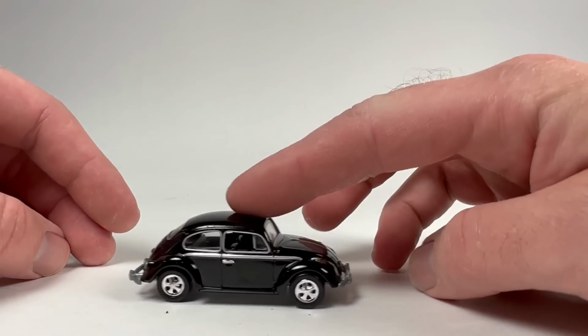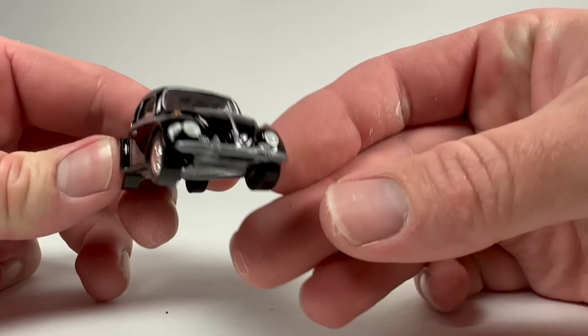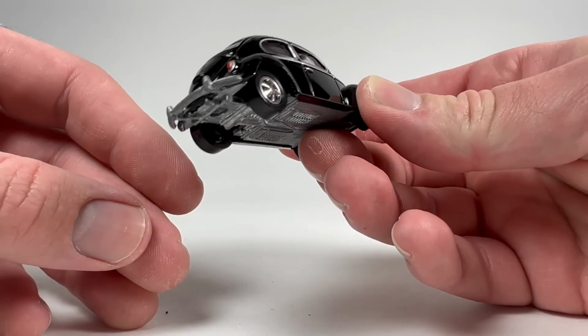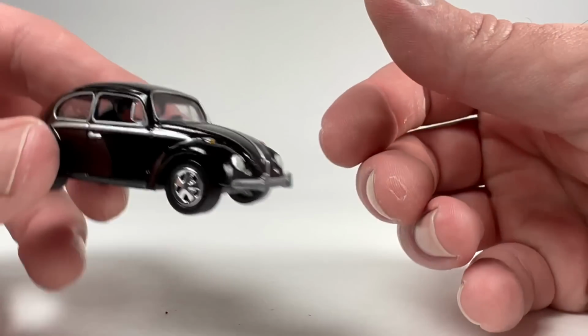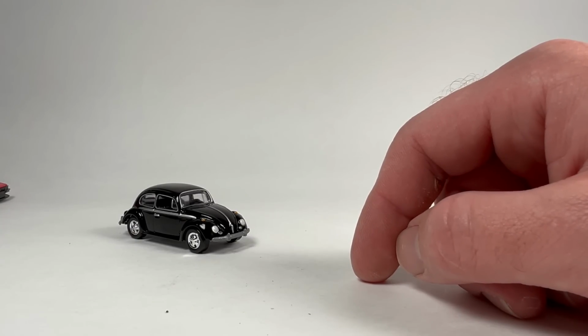And just plain black. And it looks just plain good, I think. So, painted details everywhere. That's Johnny Lightning's style. You're typically not going to have anything like an inserted headlight. They always pretty much just do that. And then we've got